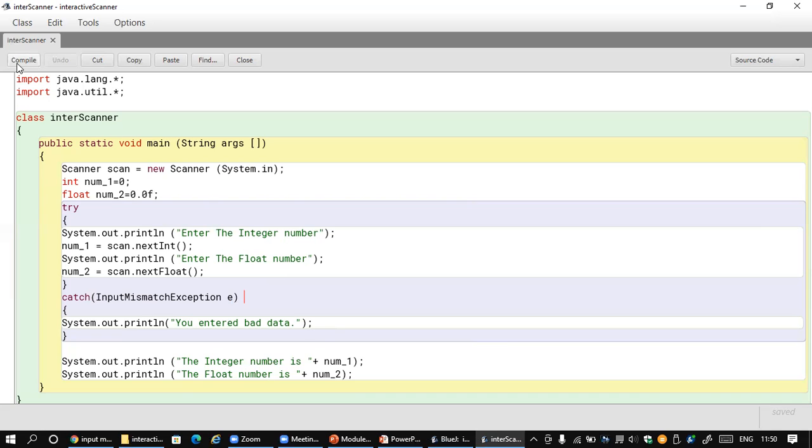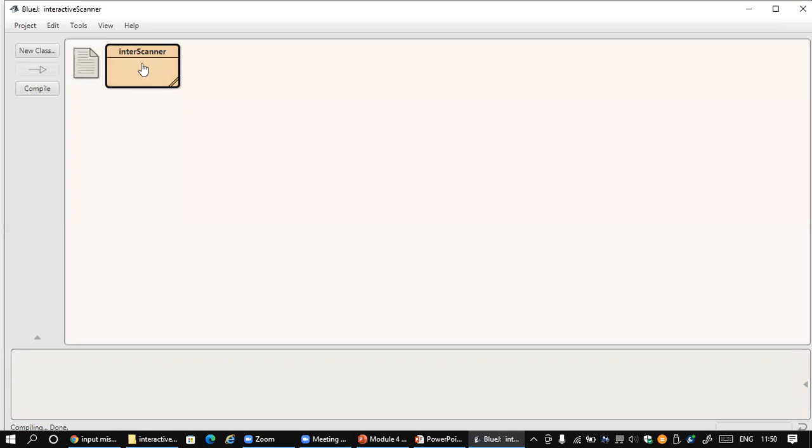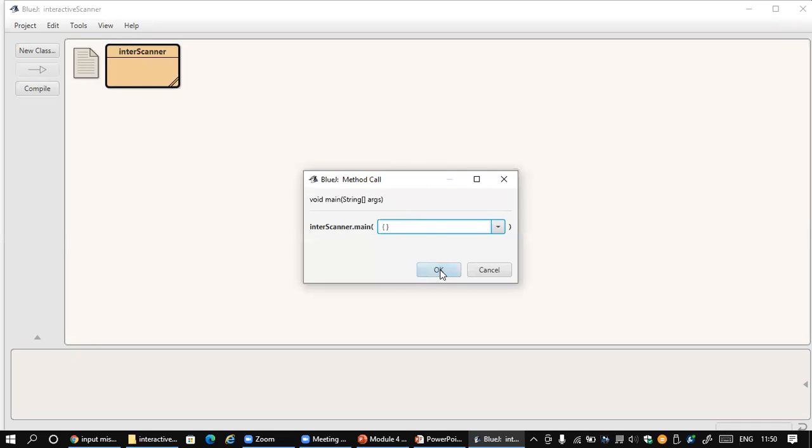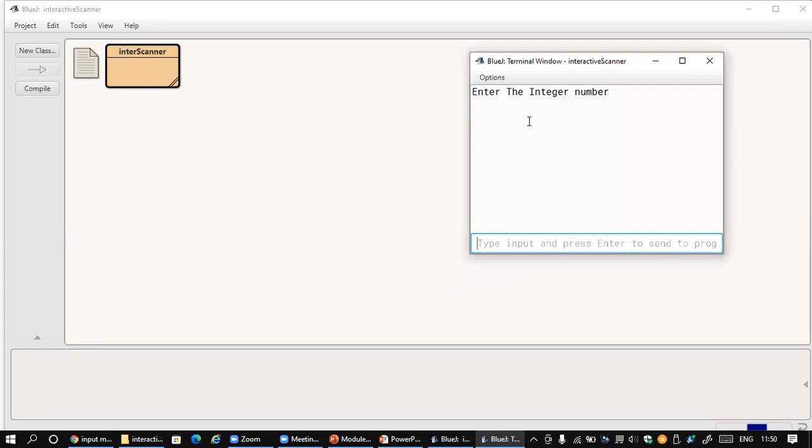Now when I try to compile the program, it says there are no errors in the program. Now I go for executing the main method, so I call the main method for execution. It asks: enter the integer number, and I give the integer number as 89.